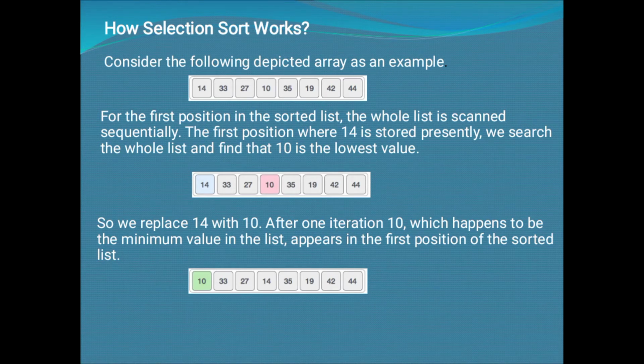And in the third step, I swapped 10 with 14. Both places are swapped. In this diagram, each and every step is clearly explained.